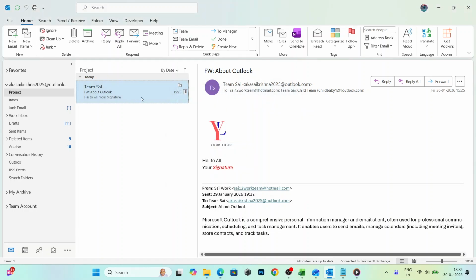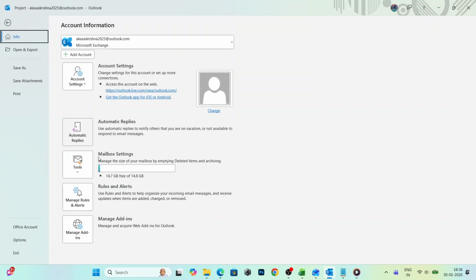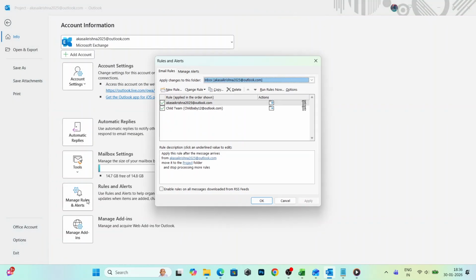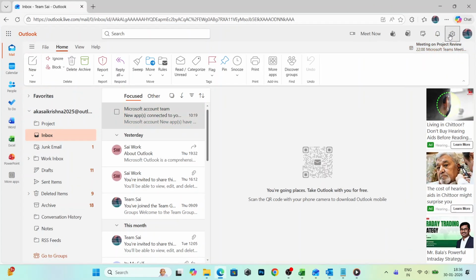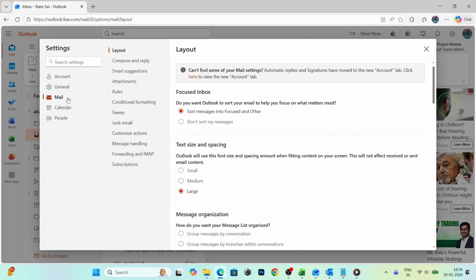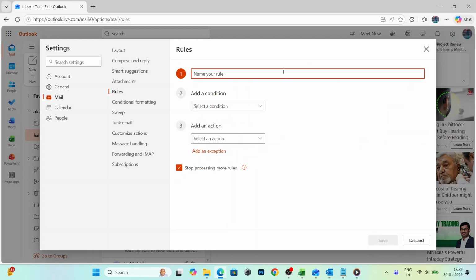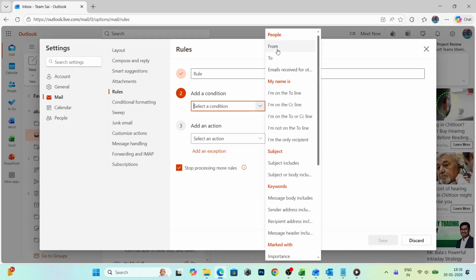Finally, let's manage and refine all your rules in one place. In the classic desktop Outlook, go to File, then Manage Rules and Alerts. In the new Outlook or Outlook on the web, click the gear icon at the top right. Select Mail, then Rules, and choose Add New Rule. Give your rule a clear name, add conditions like sender or keywords, and set the action move to